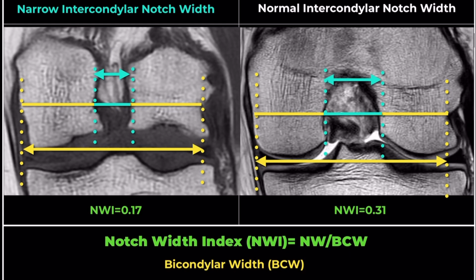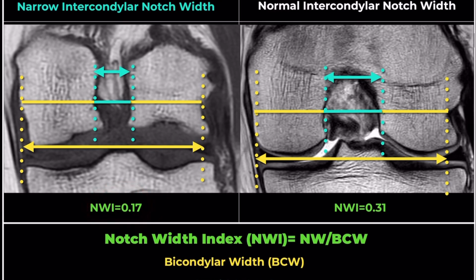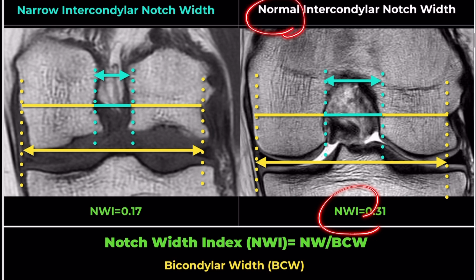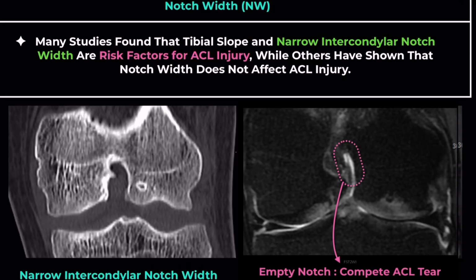For instance, a patient with an exceptionally narrow notch might be at a higher risk, an important consideration for surgical planning and postoperative care. This patient also has an intercondylar notch width that is exceptionally narrow compared to normal. Given this constrained space for the ACL and PCL, one might speculate a higher likelihood of an ACL tear. Moreover, such patients also have a higher possibility of graft tear after ACL reconstruction.